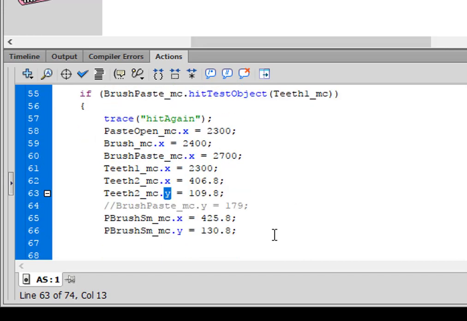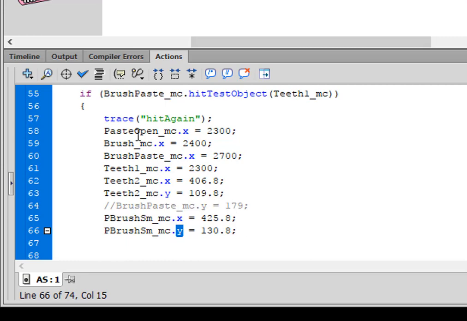And I want to bring in the new brush with a small amount of paste on it. So it's paste_brush_small_mc.x = 452.8; Copy that, paste it in, change the X to a Y, and 130.8;